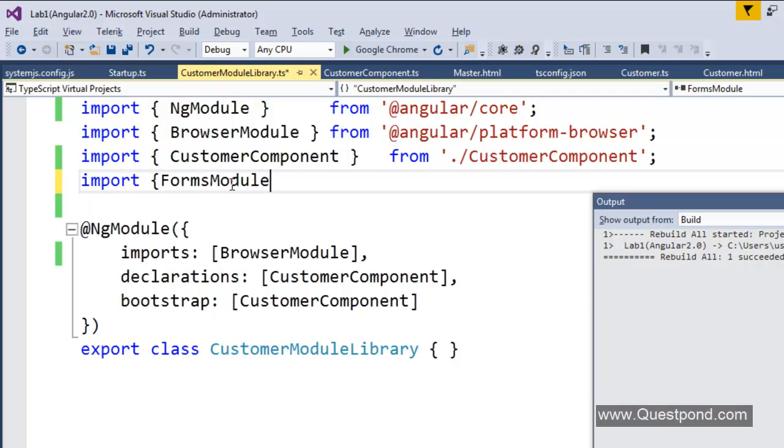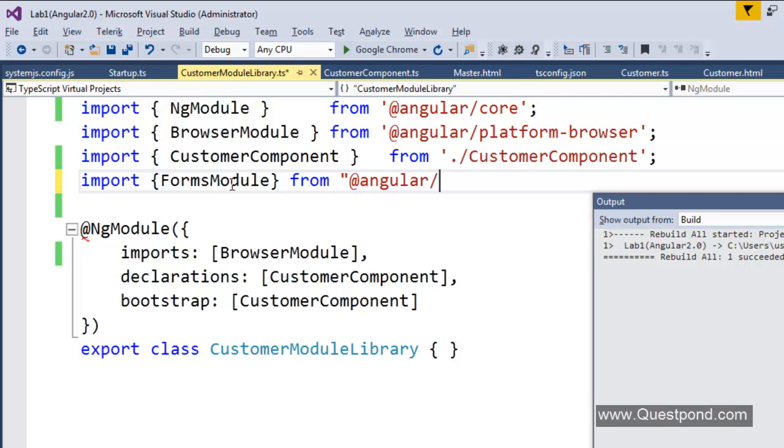So let us import the forms module. This is a good thing about Angular. They have created components. If you remember in Angular 1.x, it was just one big file. I just load everything on my UI, but here I say, okay, you need only the core, you only need the platform, you only need this. So depending on your need, you import the component. So with that, what happens? The system.js, the module loader, only loads what is necessary, and that really brings down the footprint of the browser, right? But at this moment, yes, we do need from Angular,